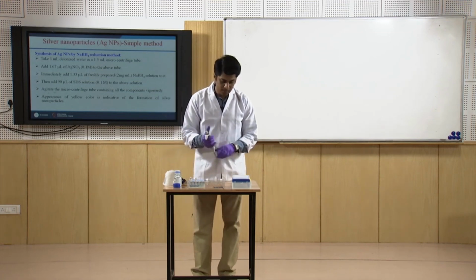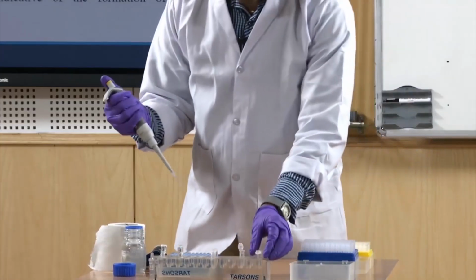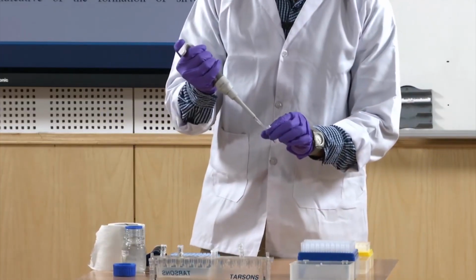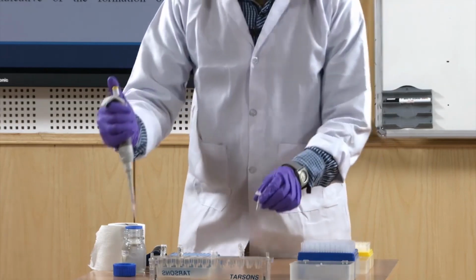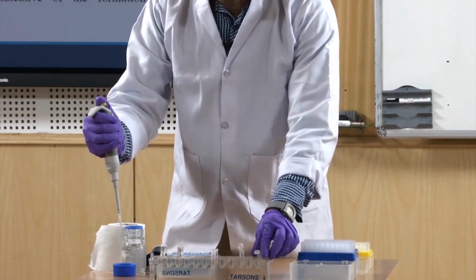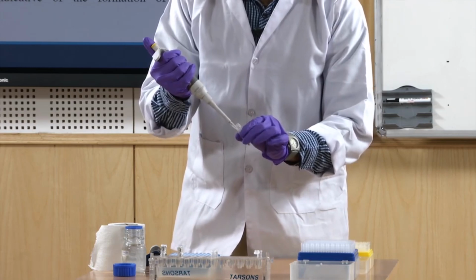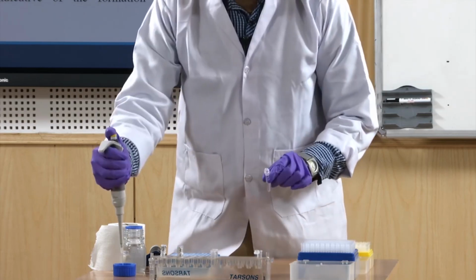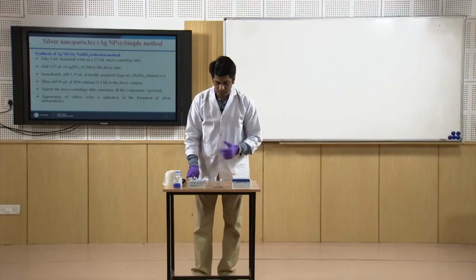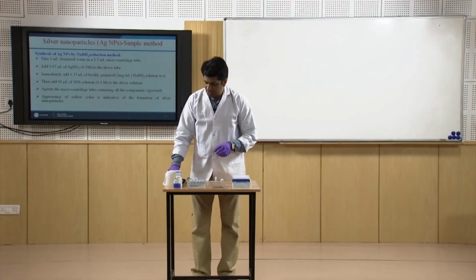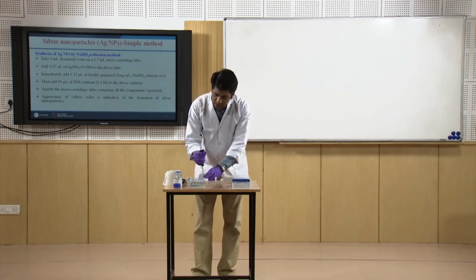And from this I am going to remove 93 microliter of water, because in the subsequent step we are going to add 90 microliter of SDS and 1.67 of silver nitrate solution and 1.33 of sodium borohydride solution. So the next step is I am going to add 1.67 microliter of